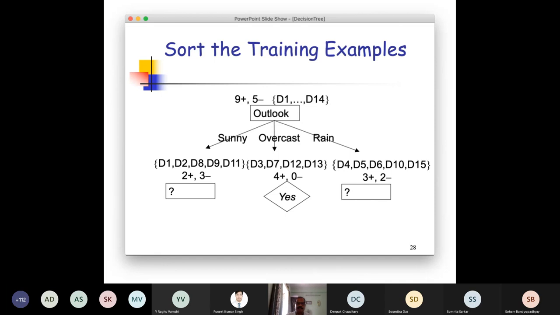But the other two intermediate nodes, the node created for the partition where the value of outlook is sunny, and the node for the partition where the value is rain, we can see these have mixed labels. Some of them are positive, some of them are negative. So they are